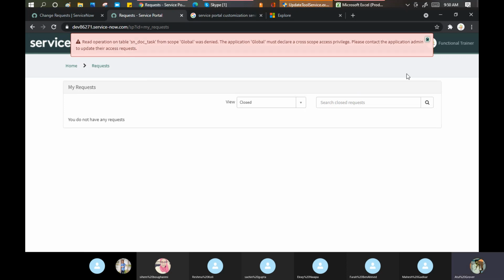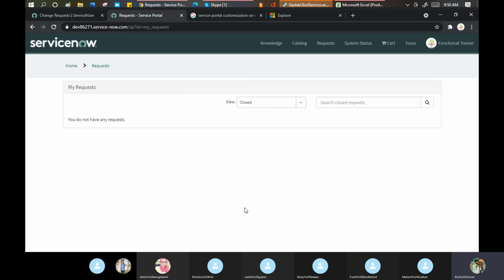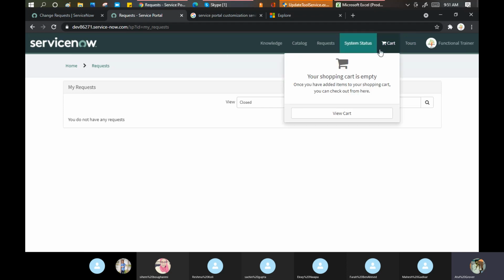I will check why it's giving the error. But this is a place where I can go and check my specific requests, my specific orders which I did previously, and what the status of those orders is. Then if you want the cart, you can check here how many items are in the cart. As of now we did not order anything, so there is no item in the cart.